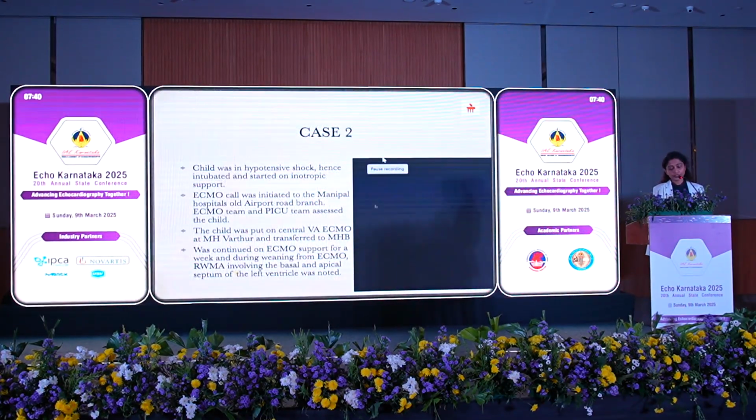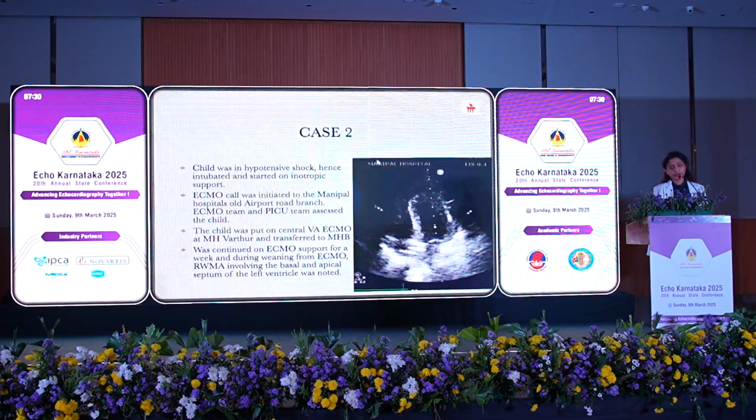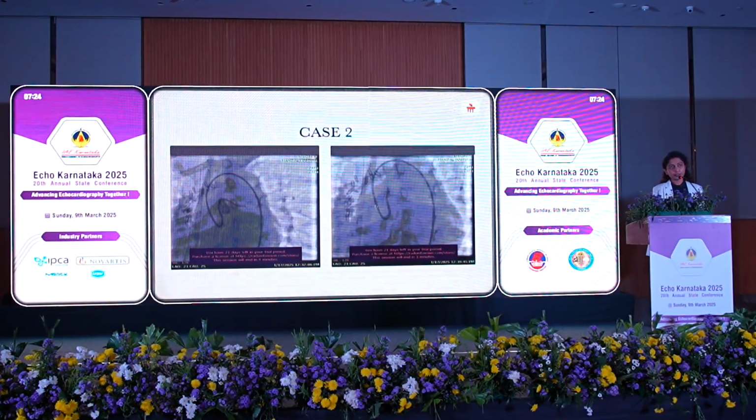So the images are not great, but we could see clear-cut regional wall motion abnormality, which is a little unusual in children. And also the basal septum and the apical septum of the LV were typically showing significant hypokinesia. And that is when we decided to do a coronary angiogram for this baby. After weaning off from ECMO, a coronary angio was done, which showed the left main coronary artery having a long